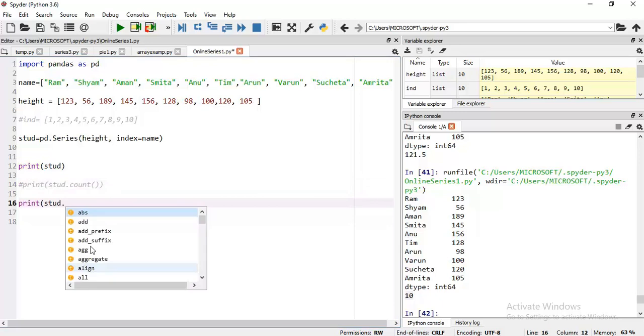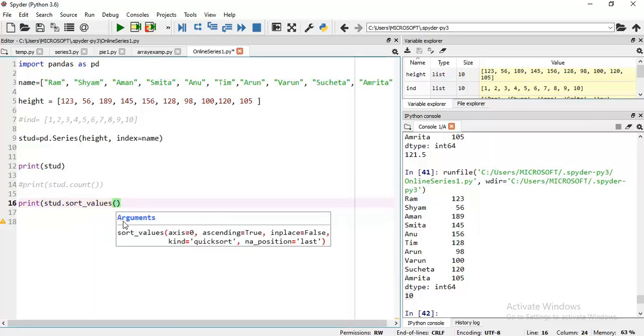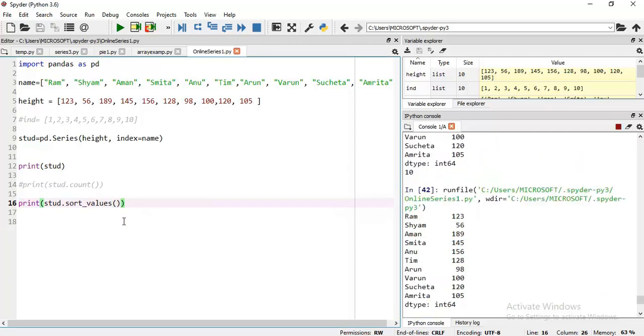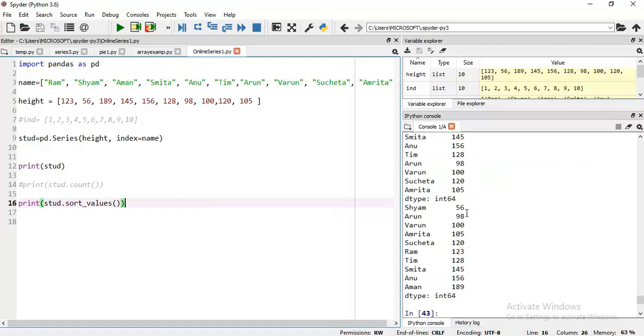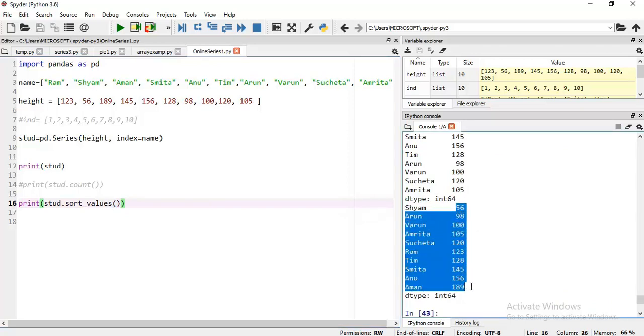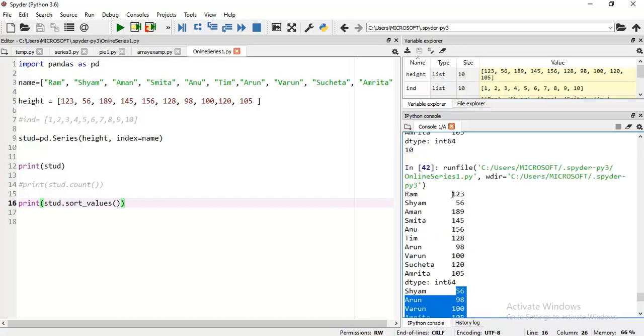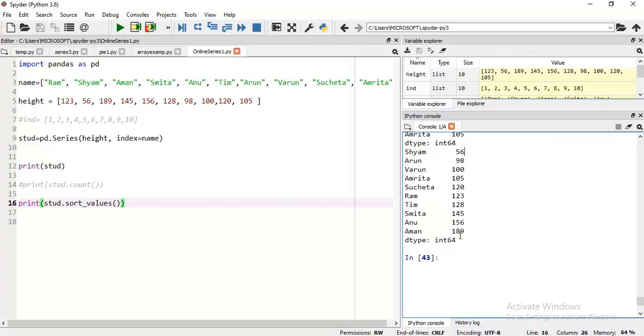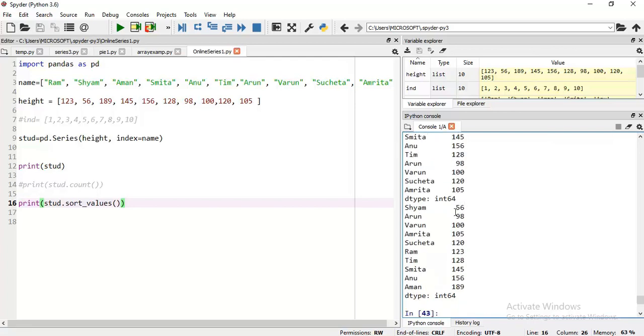Student.sort_values, then F5. Here you just see it is arranged in sorting order, whereas before this it was not arranged in sorting order. Here you just see 56, 98, 100. It is in sorting order of values.